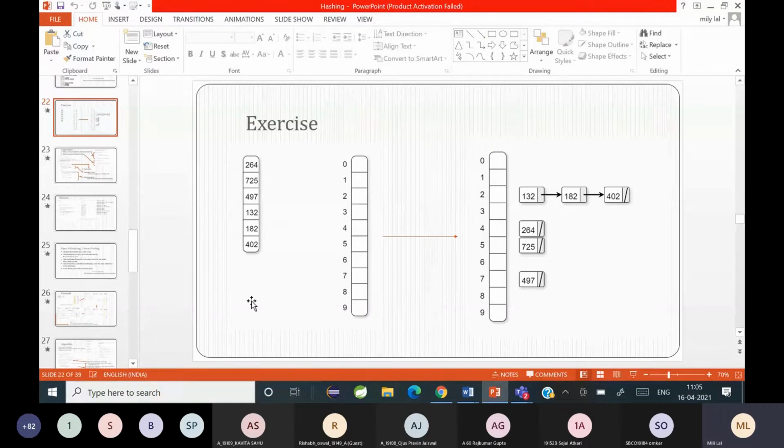Suppose, in the example, 132 modulo 10 gives you index 2. So 132 is placed at index 2. Then 182 modulo 10 again gives you index 2, so it will be placed as a separate list after 132. That is called separate chaining.